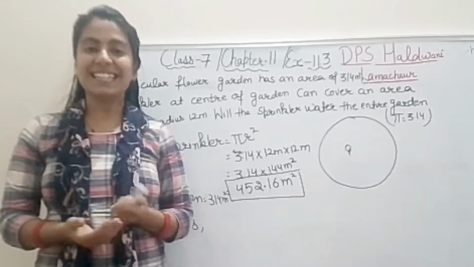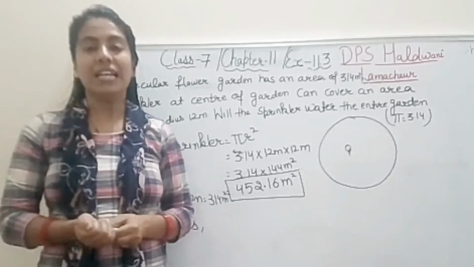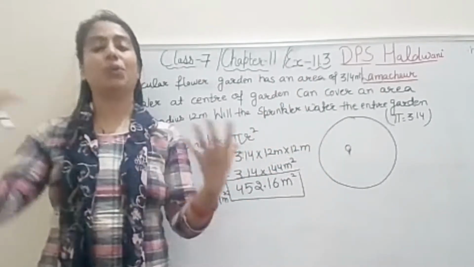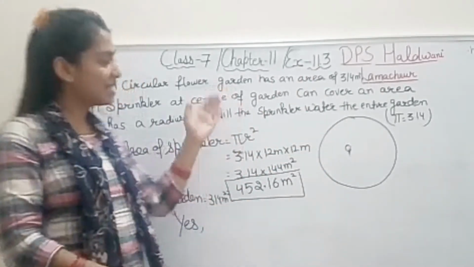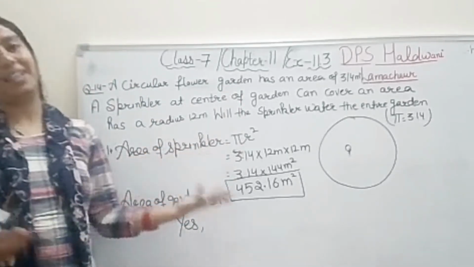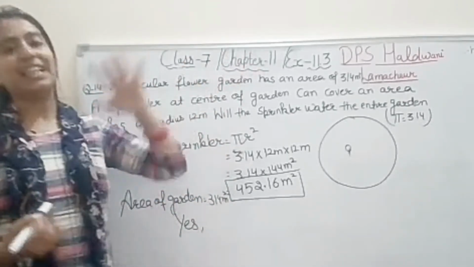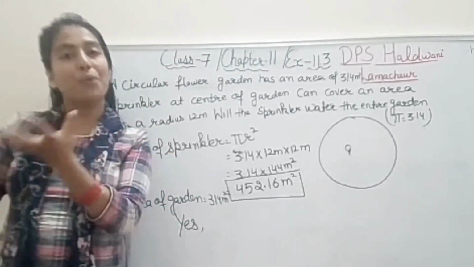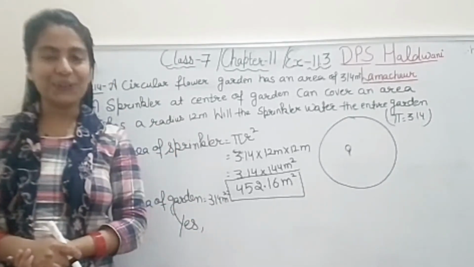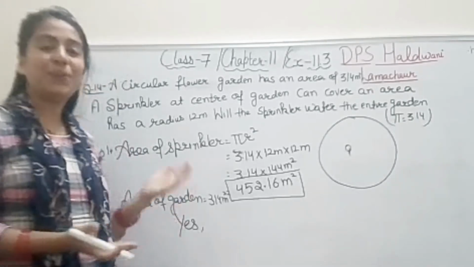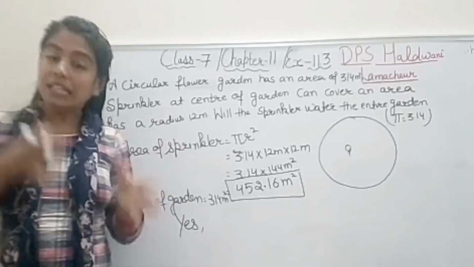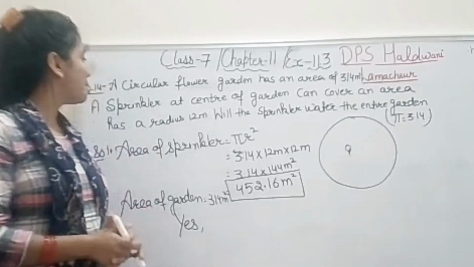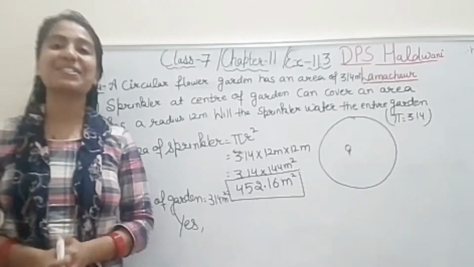That's it, student. It is just a common question about giving water. If the area is greater, then yes, it is giving water. Very simple question. We just need to find out the area. If the area is greater than the area of the garden, then yes. If not, then it will not, which means some portion will be left. Yes or no? Right, students? So it is a very simple, logical question. You think it through logically. That's it. So this was all about question number 14. Now coming to our next question.